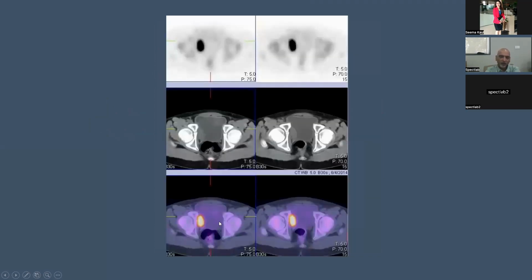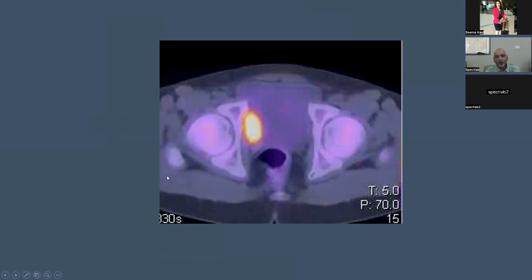MIBG scan, as you know, has its own limitations. It's a very specific scan, but this was all urinary activity. We could not conclude, so we did an FDG PET scan. Those days we didn't have either DOTA or DOPA. So look at that, intense uptake corresponding to the thickening. We said this is likely to be an extra-adrenal urinary bladder wall pheochromocytoma, and this was operated upon and proven to